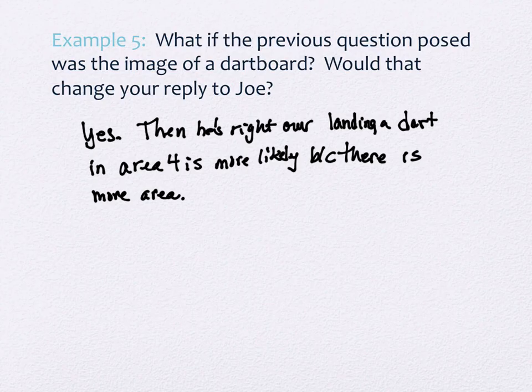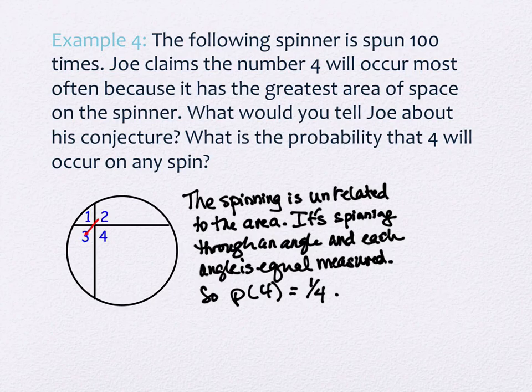What's the probability that we would land a dart in region 4? It's not 25%, because then that would be equally likely again. It's not 25% of the area, right? So it looks like it might be close to 75%, but do we know it exactly, Jordan? No. So I think we could definitely look and say region 4 is bigger than the others. Are we comfortable with that? But we should also be a little bit uncomfortable with assigning any kind of value to that for a lot of